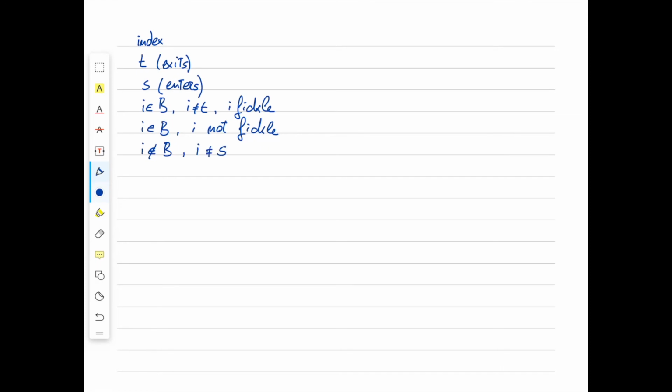Now, for all these types of indices, I want to consider the corresponding components of c bar and d. And later on, I will consider even more vectors. Let's start with c bar and see what we can say. We know that the reduced costs of all the variables that are in the basis are 0. So in particular for T, this is equal to 0 because it is in the basis. And for all the other ones in the basis, this is also equal to 0.